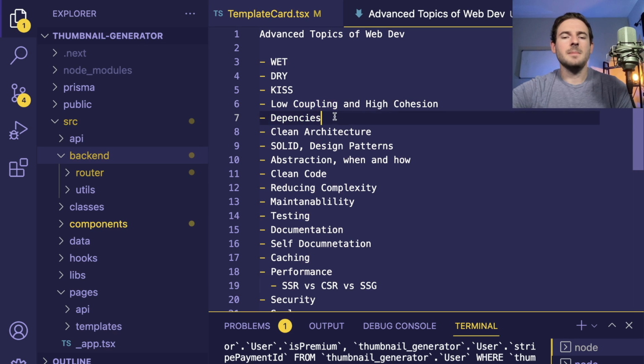Dependencies, this kind of goes with coupling. You always want to try to make sure that whatever dependencies you have are managed well. When you're coding, if you're using Node at least, you end up bringing in hundreds of these third-party libraries, and you're kind of dependent on them. And understanding how to maintain these dependencies, how to update them, matters. You should be updating these dependencies as